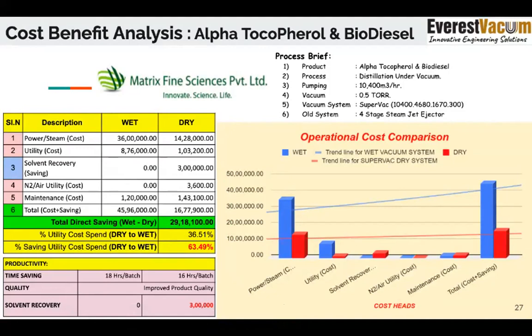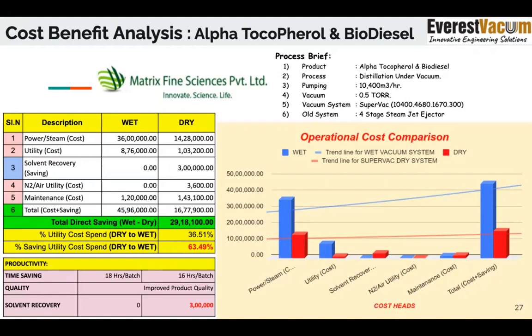So till now we have covered three different varied examples. First example was for an agrochemical or a super specialty chemical industry. The next example was for a cardamom oil or an end product manufacturer. The third example that we've covered is for a biodiesel refinery, and varied vacuum levels in all cases.